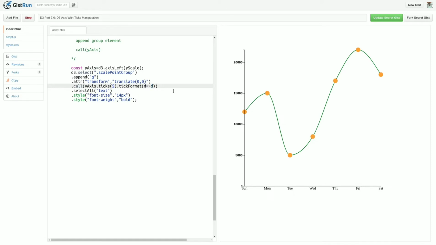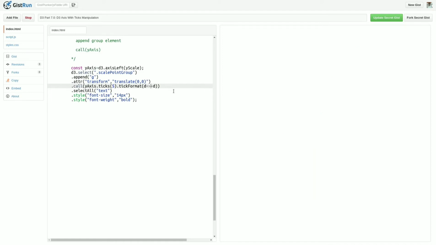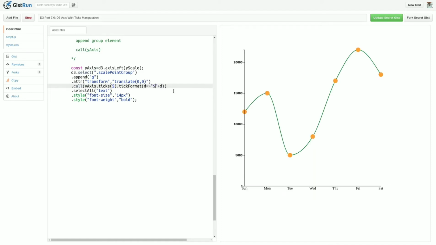Now I want to append the dollar sign in front of the value. So what will I do here? Just dollar. So you can see the output, that in front of the tick the dollar is prepended to the ticks. So the dollar is available in front of the tick value.